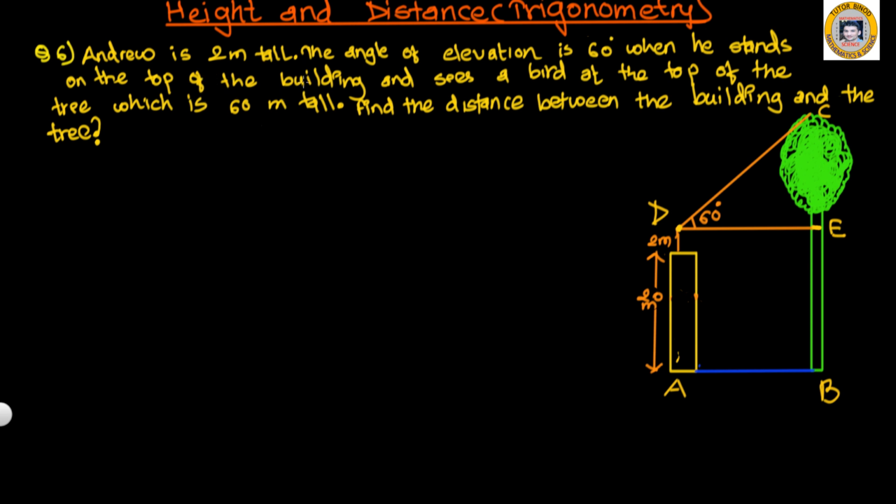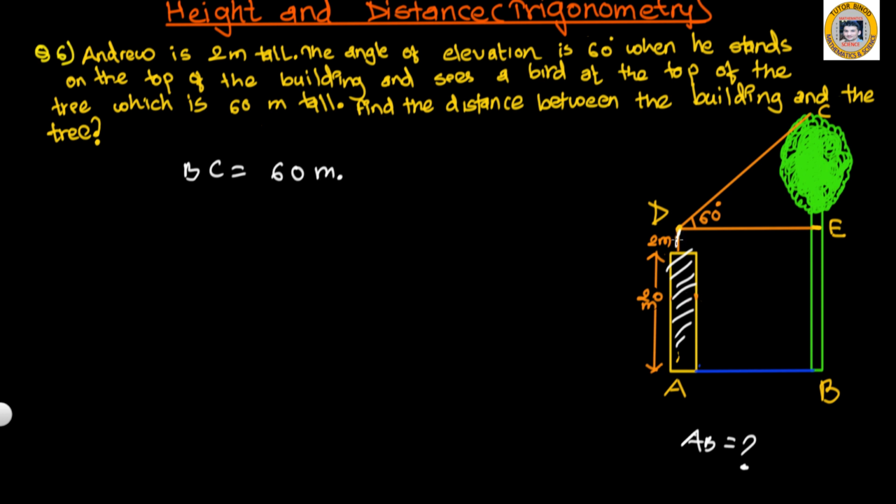Andrew is 2 meter tall. The angle of elevation is 60 degree when he stands on the top of the building and sees a bird at top of the tree, which is 60 meter tall. Find the distance between the building and the tree. So we are supposed to find the distance between the building, which is this, and a tree. So we are supposed to find AB if CB, which is the length of the tree, is given as 60 meter,